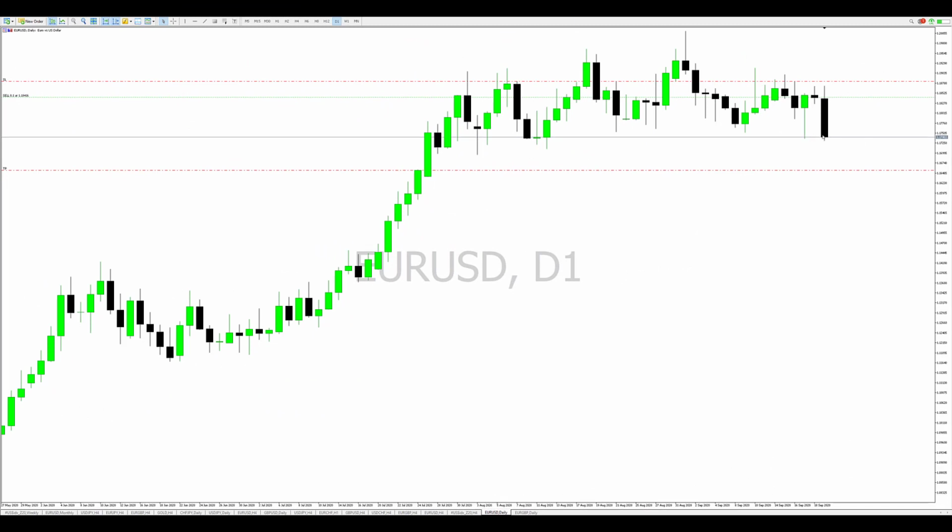And welcome to this trade illustration, if you like to call it that, or maybe a trade example. So I'm going to show you here how I managed to come up with an analysis that allowed me to trade the EURUSD